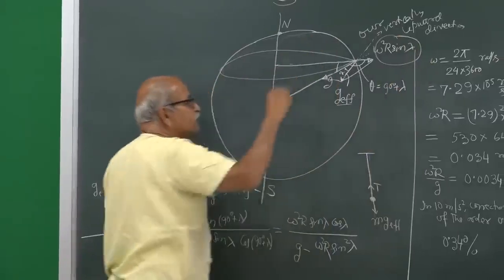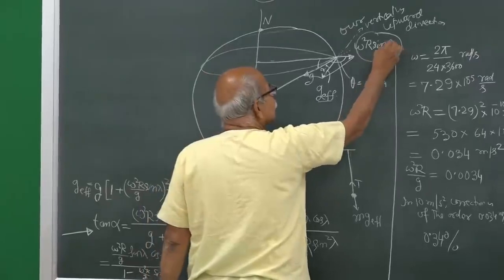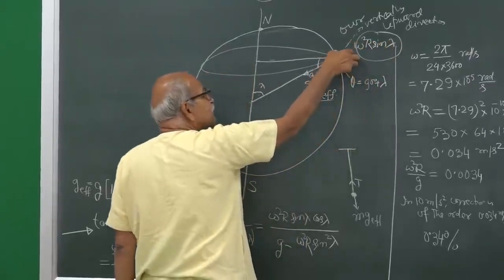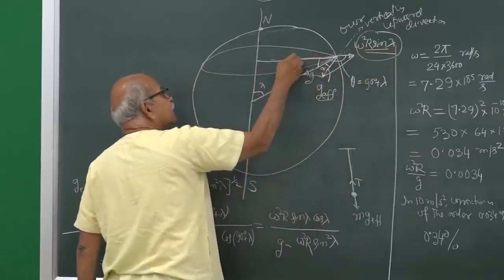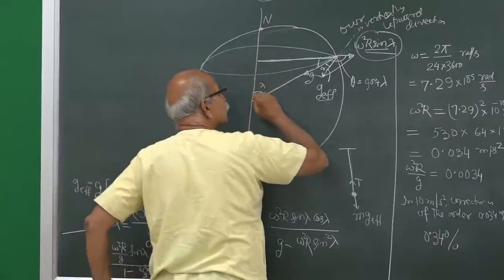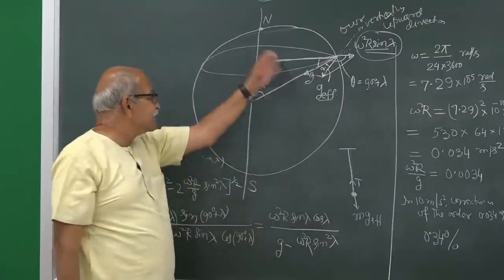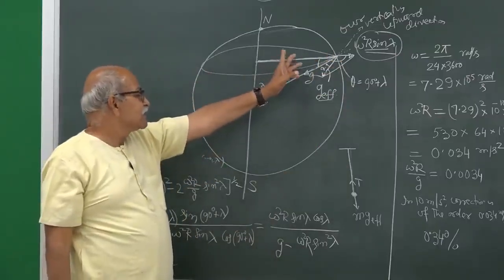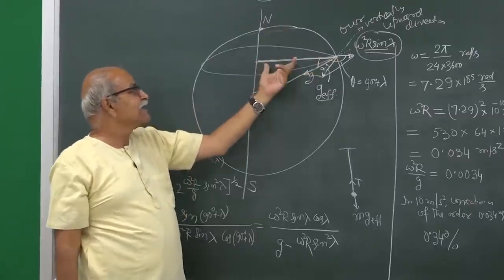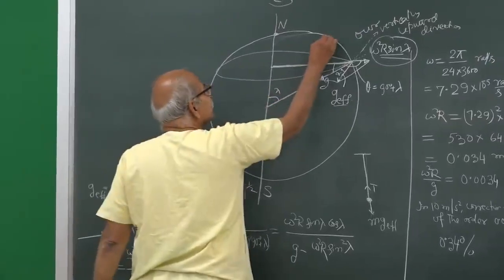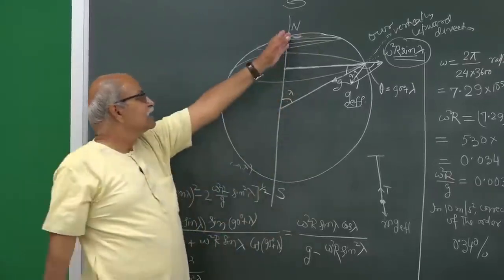And it should be like this, because if you are here, how much is this omega square capital R sin lambda? This sin lambda is 0, this whole number is 0, this whole vector is 0. This r sin lambda is in fact this radius, this whole thing is capital R, and this is lambda, and it is this radius for which we had written this omega square capital R into sin lambda. If you are here, this radius is this much. At the pole, this radius is 0.